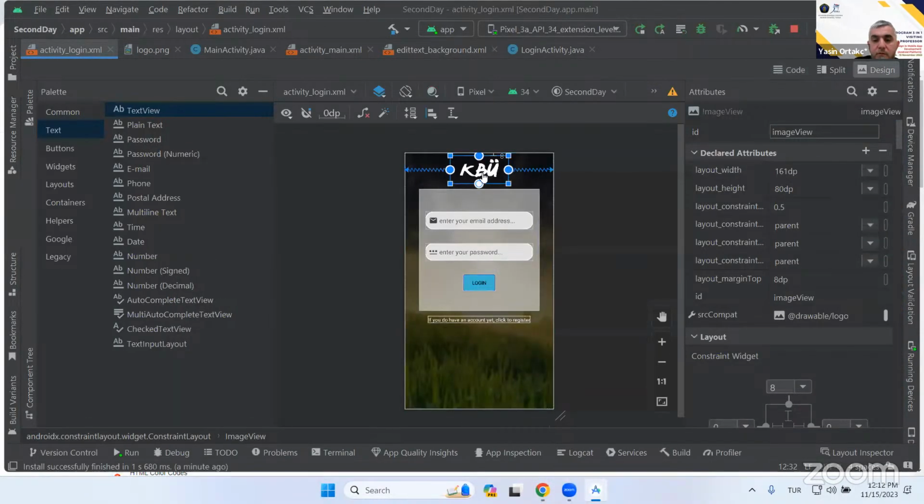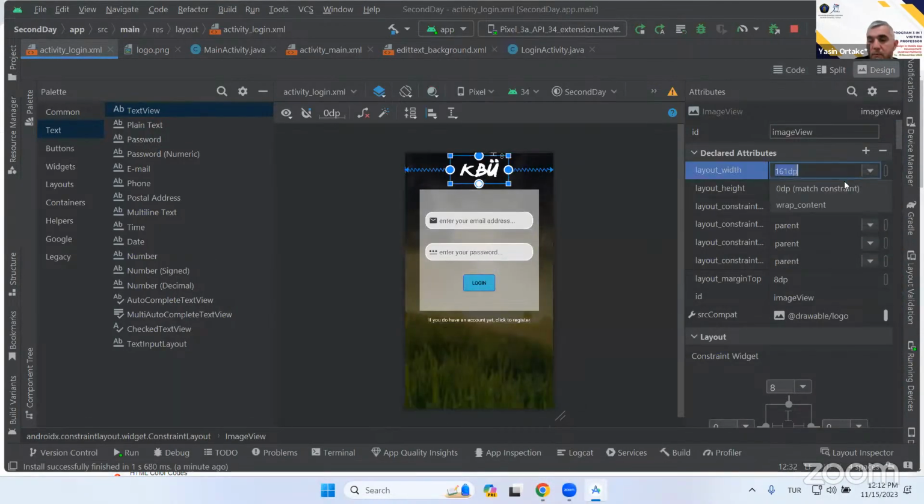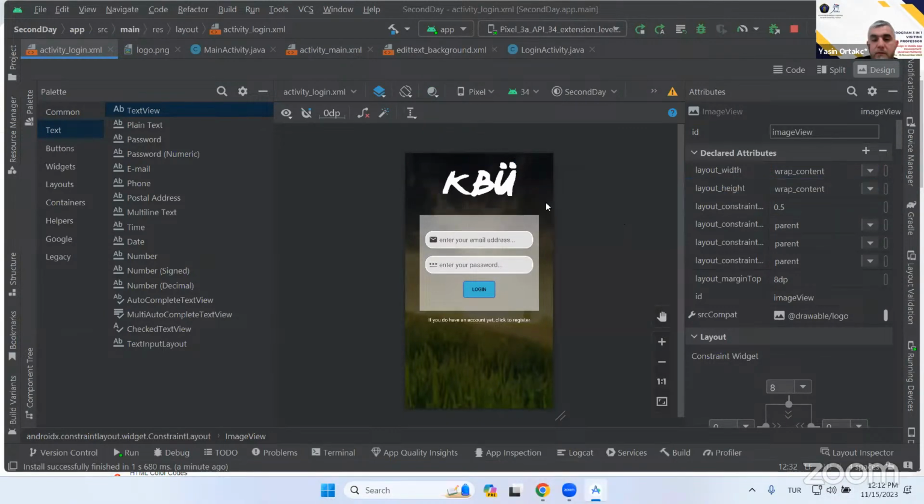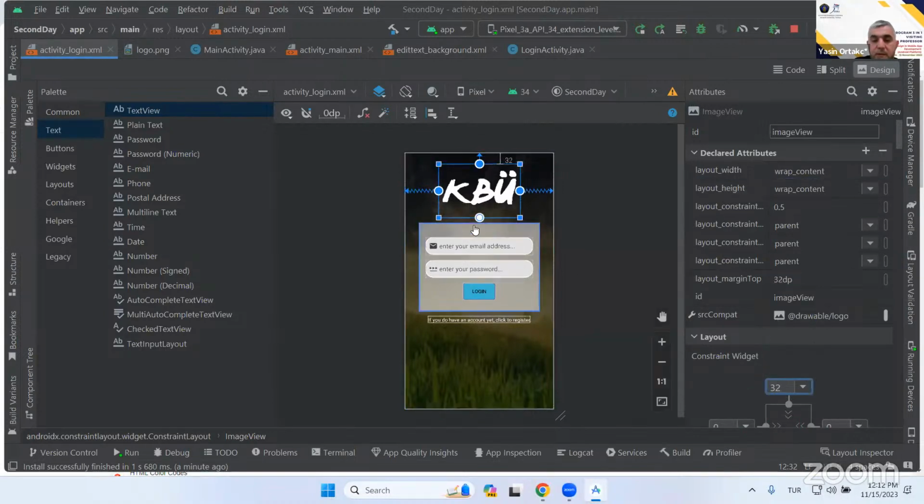And the design, so if I set wrap content or wrap content and wrap content from the top to 2 dp gap,